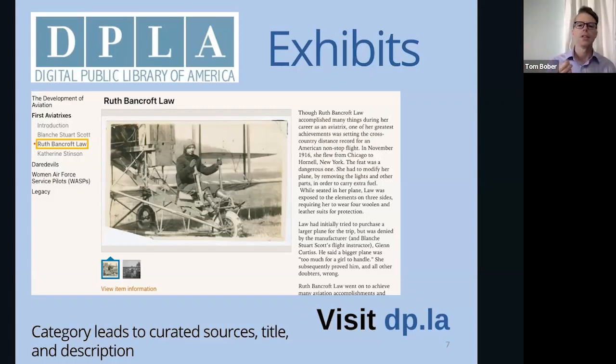The good news, at least from my perspective, is that you can see the title of that particular piece of work, and you can see the contributing institution. So you can go to that contributing institution and search there if you want, or you can just search the title with quotation marks, typically in Google, and you'll be able to get to that item that you're looking for. So even though some of these links need a little bit of updating,